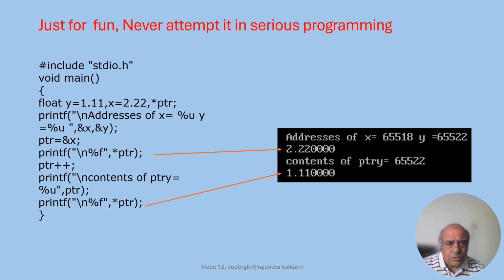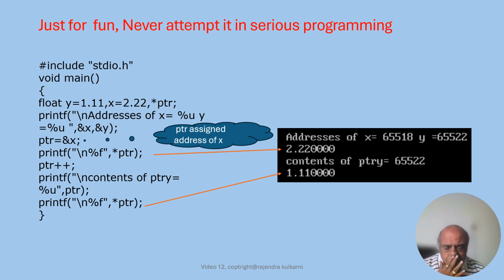We have seen here nowhere we have assigned the address of y to ptr. We have assigned the address to ptr only of x, but by incrementing ptr we are able to get the address of y. This has happened just by chance,